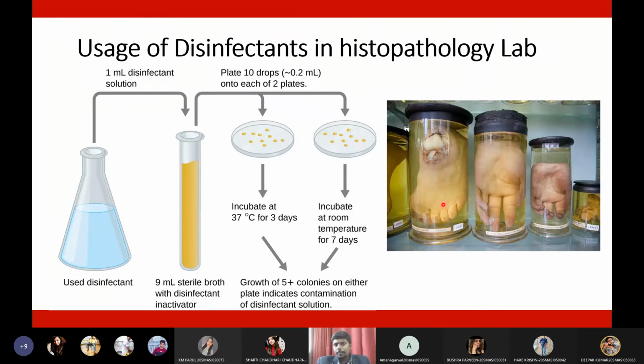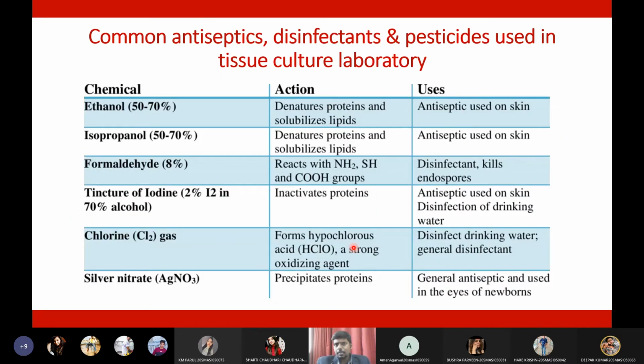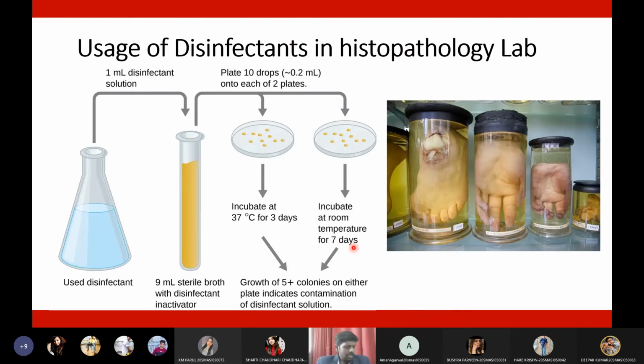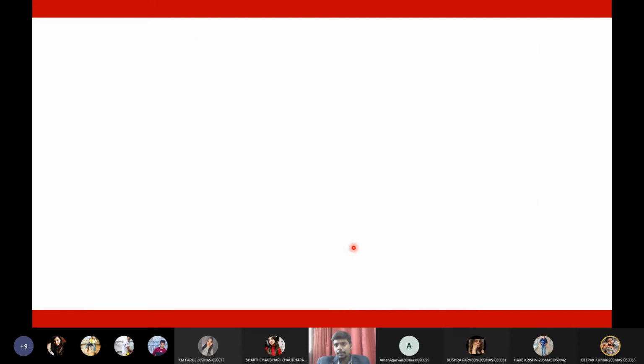can remain viable. The tissues can remain healthy for a long time. They look proper for a long time. See here, this is a foot, this is a hand, these are hands, but they are looking still like newly cut or recently cut hands, because they have been properly preserved in the formalin solution by addition of certain antiseptics and disinfectants. So that is why we will use certain antiseptics and disinfectants, and this is the purpose. The purpose is to maintain uncontaminated healthy museum specimens, tissue specimens in the lab.